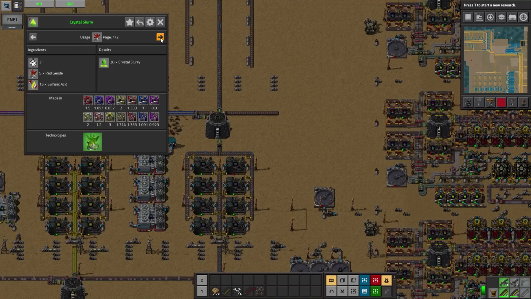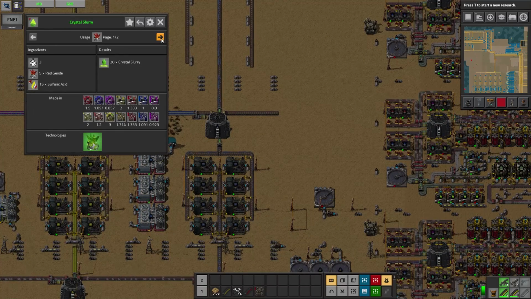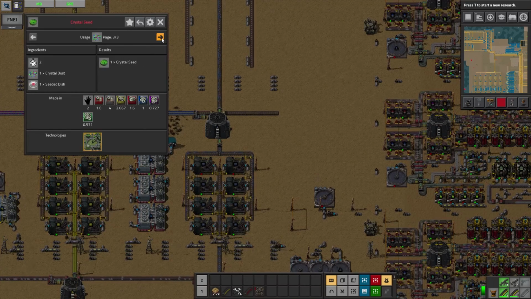But we might want to deal with the stone. I don't know, may want to do that. I have no idea, but let's see. We can do crystal slurry. What's the other thing we can do? Oh, do we have to do the crystal dust to do...